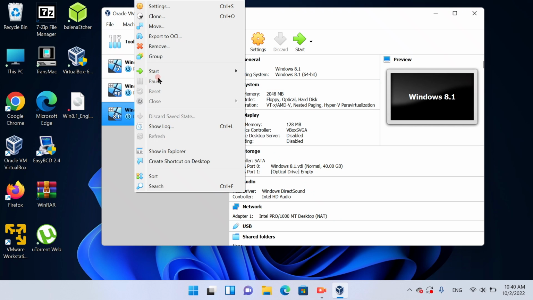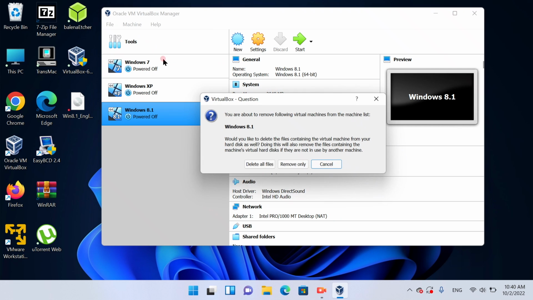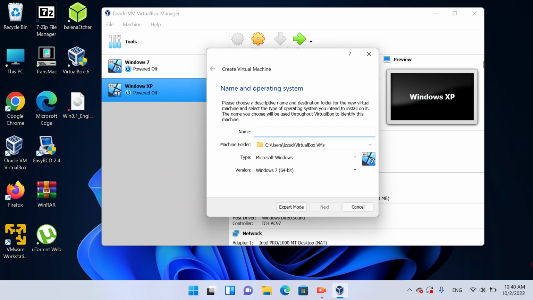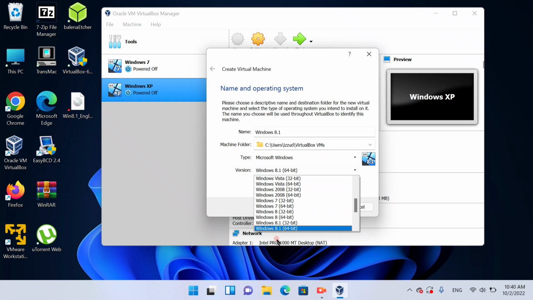I have this VirtualBox Windows 8.1 machine here. I'll just remove that because we're going to create a new virtual machine, Windows 8.1. Now click new to create a new virtual machine. Give it a name. I'll just give it Windows 8.1, and the type should automatically be selected as Microsoft Windows, and the version will also automatically be selected